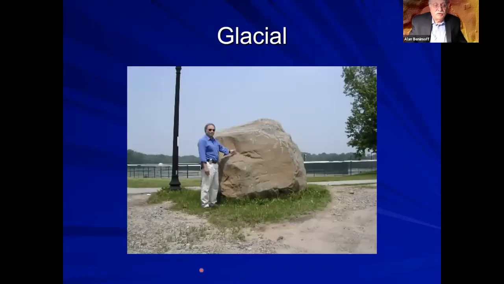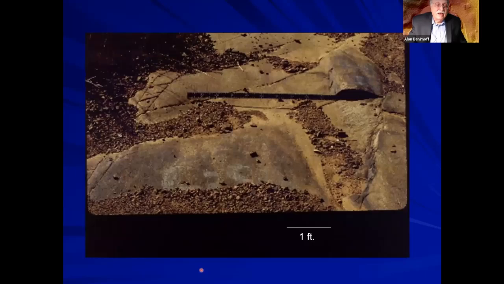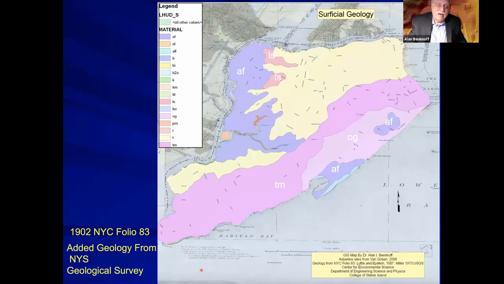And then I'm standing by an erratic at the College of Staten Island here. You could see that. And then back at the Graniteville Quarry, we have a glacial groove. You could see it right there, and so forth. Okay, so if we look at the map here,